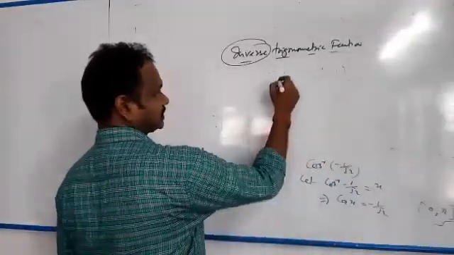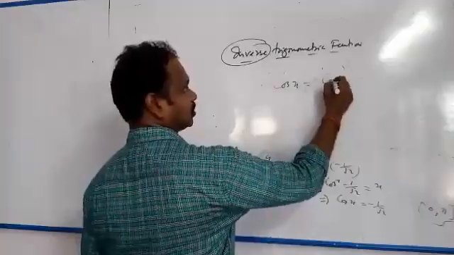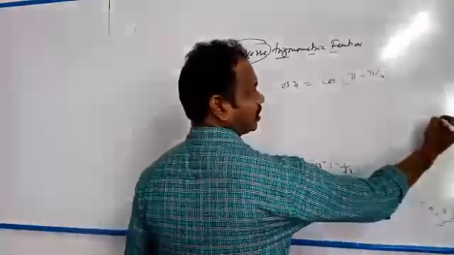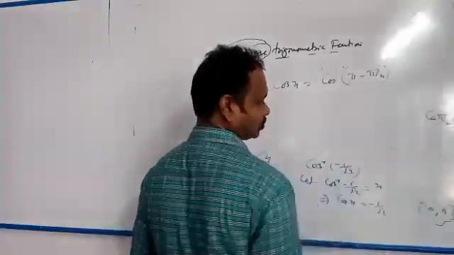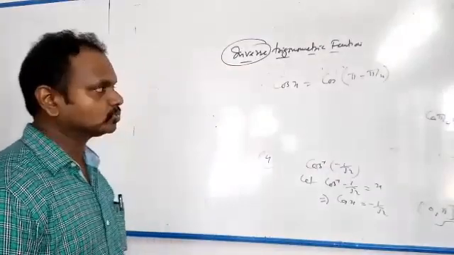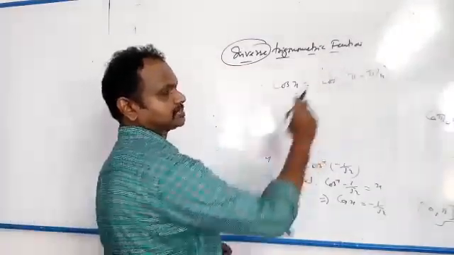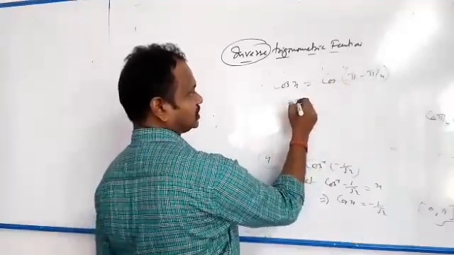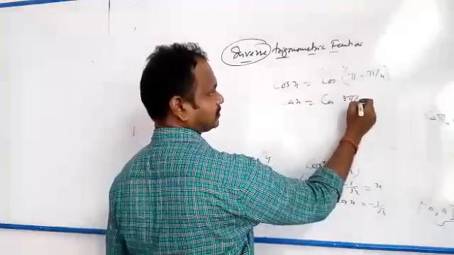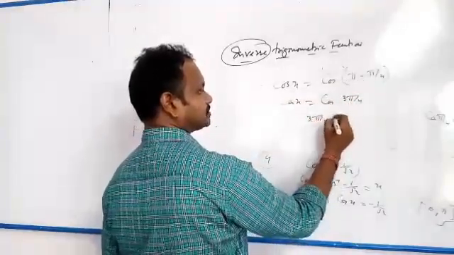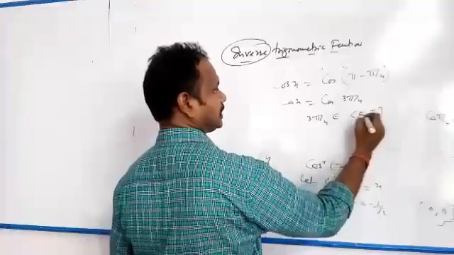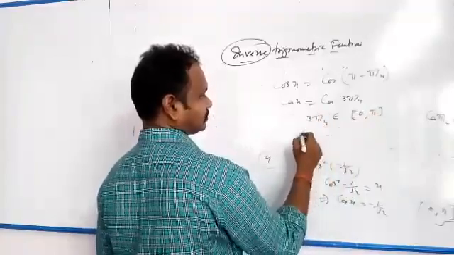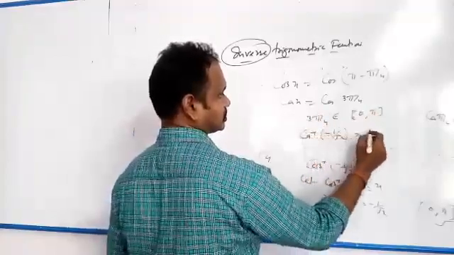We can write this one as cos x is equal to cos of pi minus pi by 4. 1 by root 2 is cos pi by 4. But we need minus 1 by root 2. That's why we will be writing cos of pi minus pi by 4, because in the second quadrant cos is negative. So this is cos pi minus cos pi by 4. So cos x is equal to cos 3 pi by 4. Now 3 pi by 4 belongs to 0 comma pi. Therefore the value of cos inverse minus 1 by root 2 is equal to 3 pi by 4.